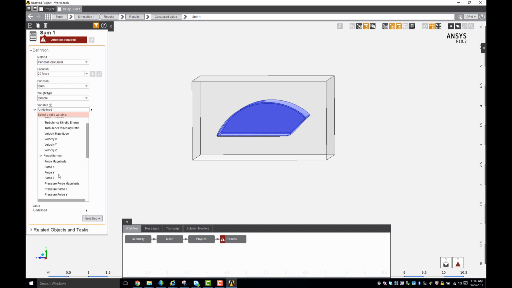If I expand force, I can look at the force magnitude, or the force in a particular direction. I'm going to make it easy by choosing force in the z direction. Remember, the z direction is the direction in which the airflow is coming. The airflow is actually coming in the negative z direction, because we defined it that way. So if I ask for the total force on all 20 faces in the z direction added up, it's really close to giving me a number for what the drag is going to be on that object. So I have a very simple way of comparing